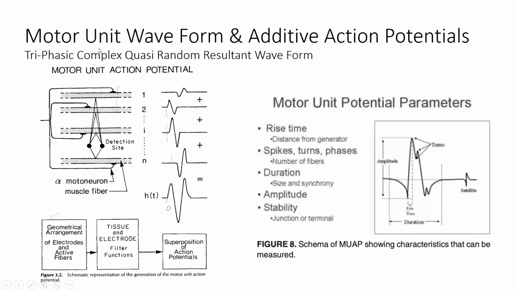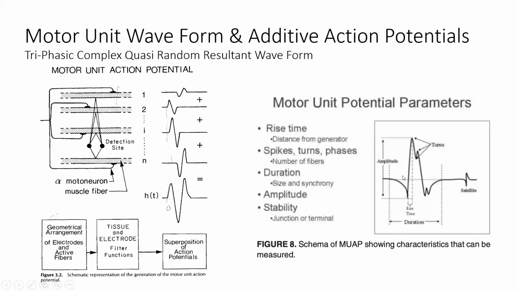So here's a motor unit waveform right here. And then we get another strand. Here's your muscle fibers, and they fire at different rates and add in at different times and different intensities. And then you get a total waveform that's triphasic, fundamentally in nature, but looks like a mess when you see it on an EEG screen.